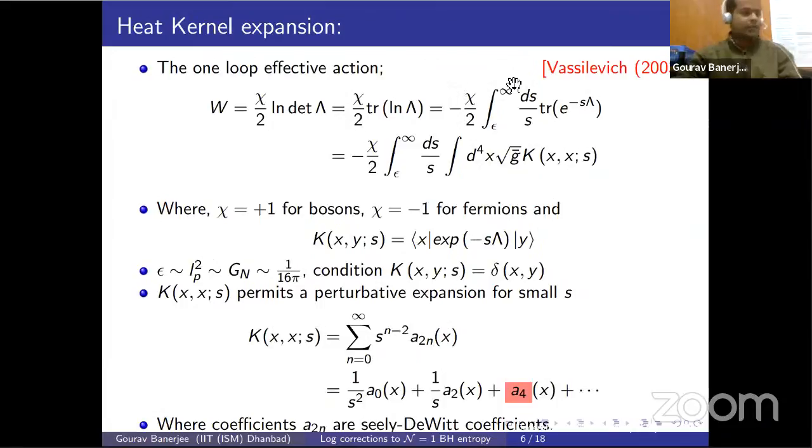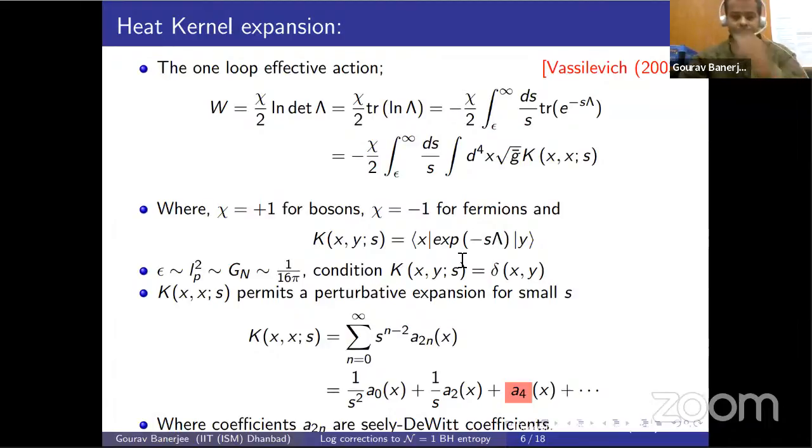So first we will review the heat kernel methodology presented by Vassilevich. Heat kernel expansion is considered an effective way to analyze the effective action of a theory. So W, which is the one loop effective action, is related to the kinetic differential operator Lambda of a quadratic fluctuated action in this way. In order to study the spectrum of the differential operator, we impose the heat kernel K, which is a solution of the fundamental equation, which can be expressed as the exponential of